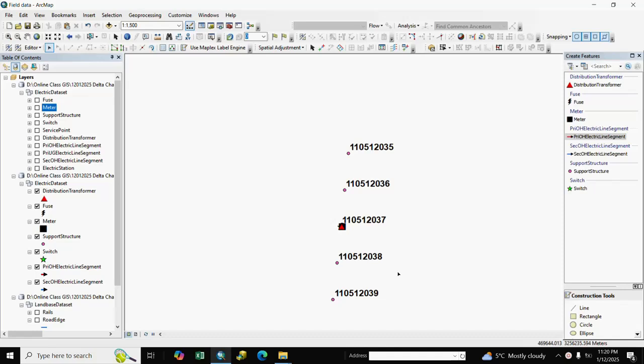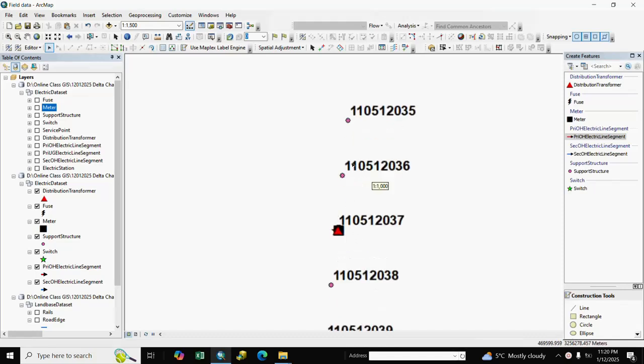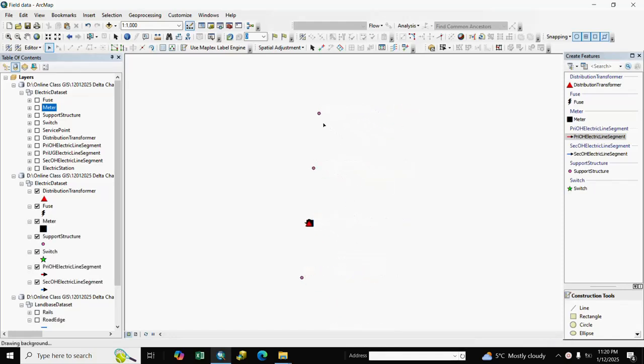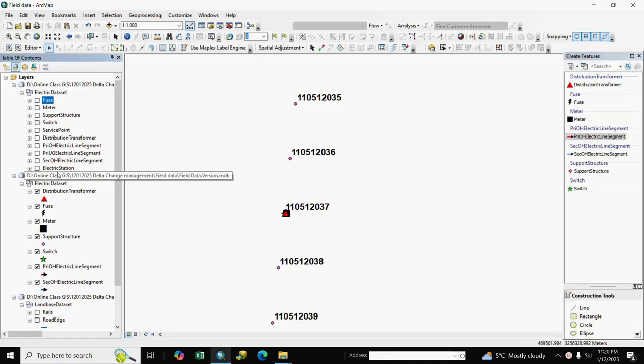After collecting in the field, we convert it to shape file and GDB file, and you see the points here, support structure points 35, 36, 37, 38 and 39. Here is 54 and 1 DT data, and we make an insert file, and after that we add the old data.